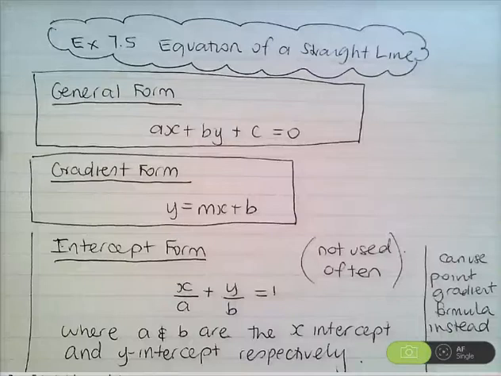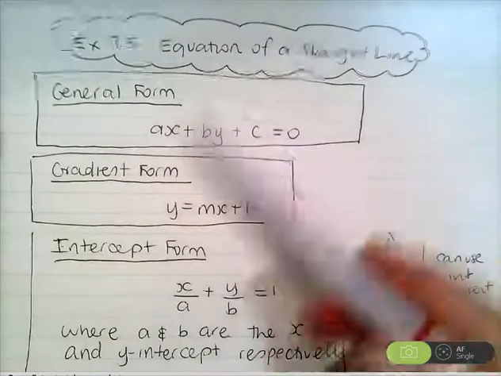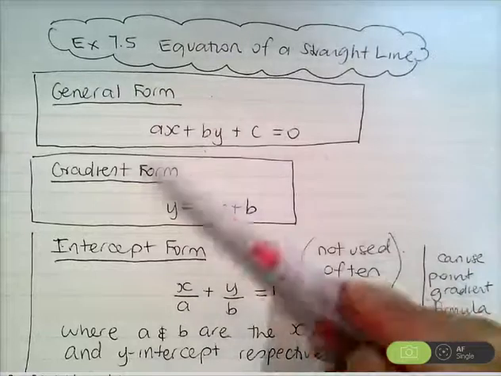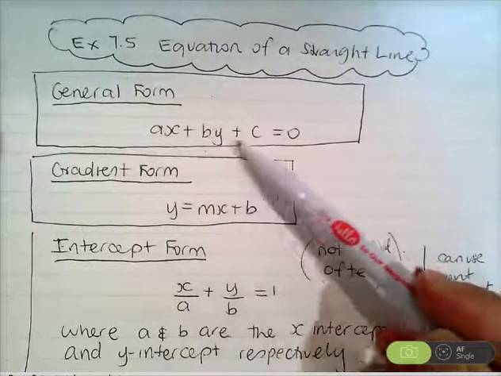Okay, this is exercise 7.5 from the Extension 1 Year 11 textbook. It's equation of a straight line. I'm just quickly going through this. So this first here is the general form of a straight line where you've got ax plus by plus c